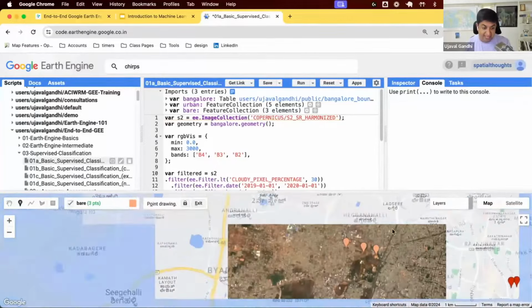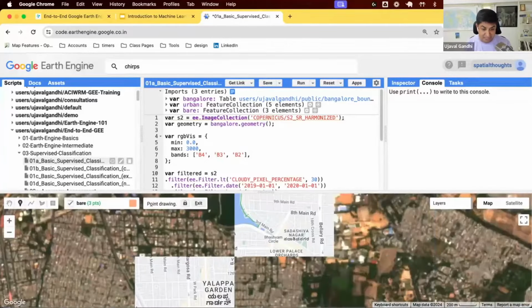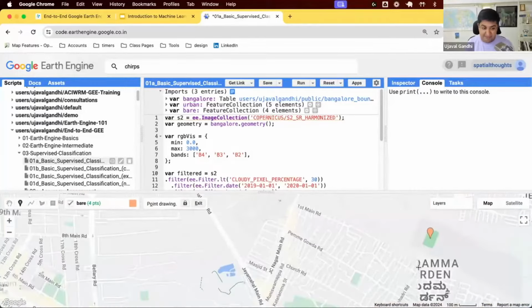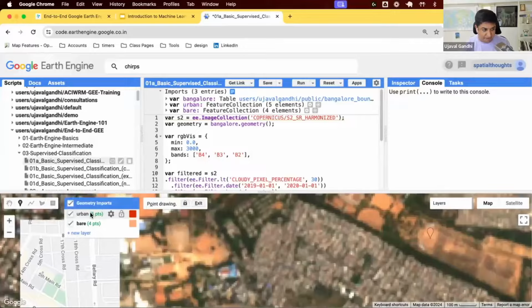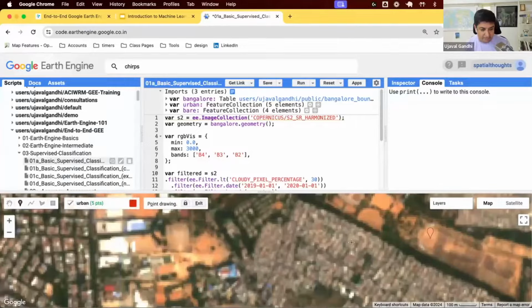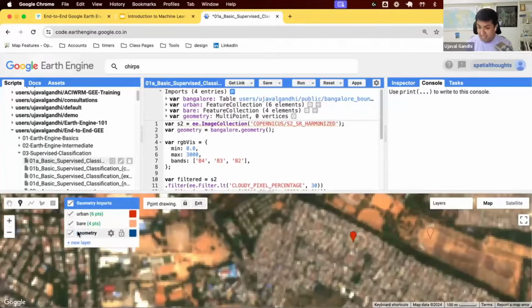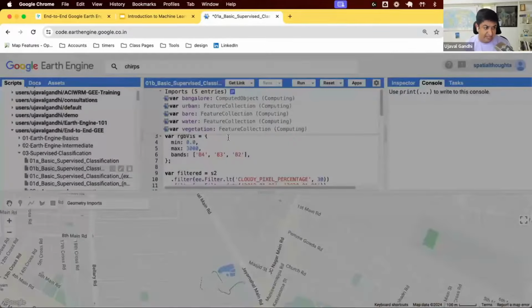Make sure you collect data in different parts of the city which has the same class. When you're dropping points for one class and you find a good example of another class, you can switch layers. I can say, I want to now drop a point for the urban layer. I can drop points for the urban pixel and so on. Similarly, I will add another layer for water and another one for vegetation. And once I'm done, I'll have something like this. I'm going to show you the final